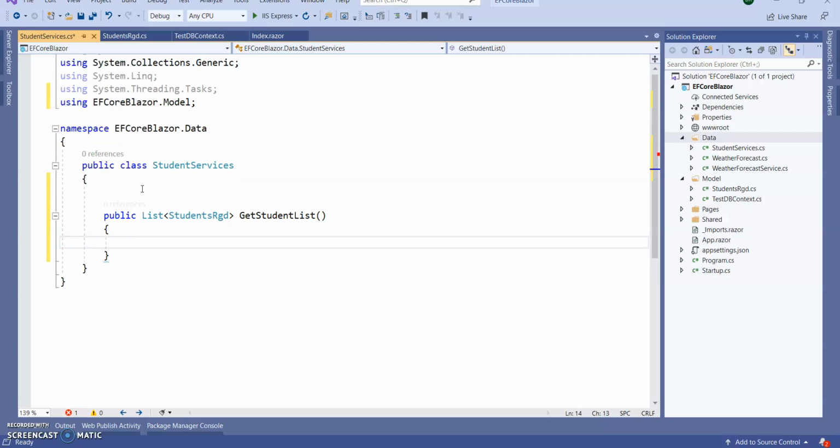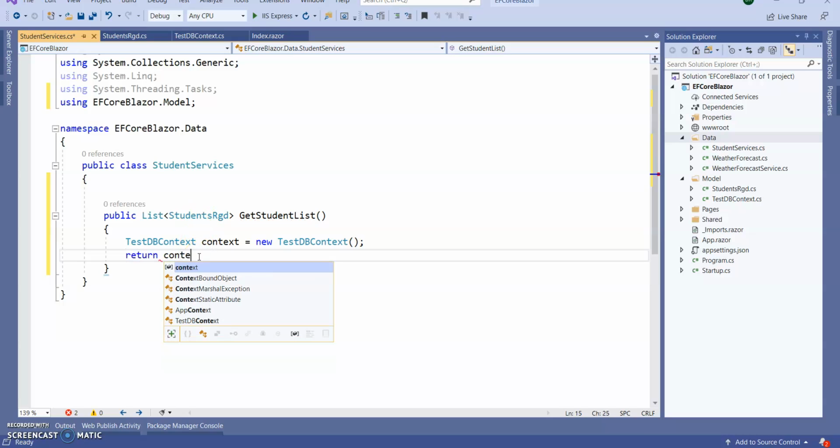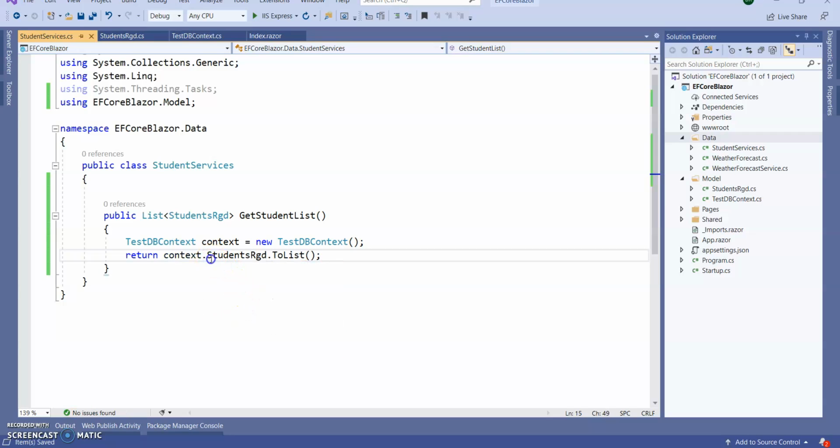Here I want to declare the TestdbContext, this class name, with object name context equal to new TestdbContext. Then directly return context dot ToList. Straightforward, I am returning the registrations ToList directly.